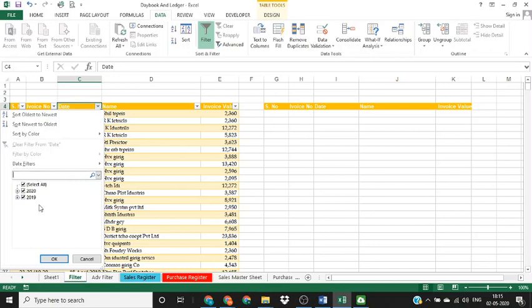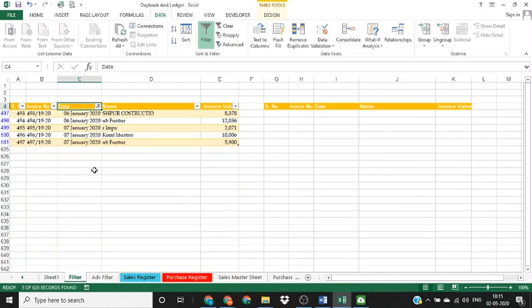Now below, you see there are 2 years mentioned. What Excel has done is grouped all the dates available in this data into months and then into years. So if you click on a year, you will see the months, and if you click on a month, you will see the dates in the month for which data is available. If we select all, as you can see, all the ticks have been removed. Now if you select some particular dates and say OK, you will see data for those dates only.